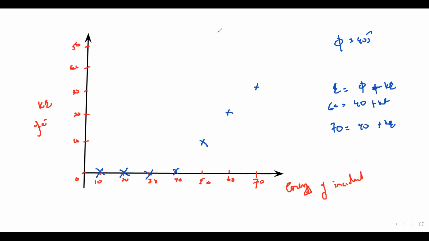So when we join these points, what do we have? We have a straight line, but it does not start from the origin. It starts at a certain value of energy, and the point where it starts is known as the minimum energy needed to remove the electron, which is equal to the work function. After this energy, the electron will have kinetic energy, but before this, it does not have any. Is it clear how we can relate the kinetic energy of the electron with the energy of the incident light?